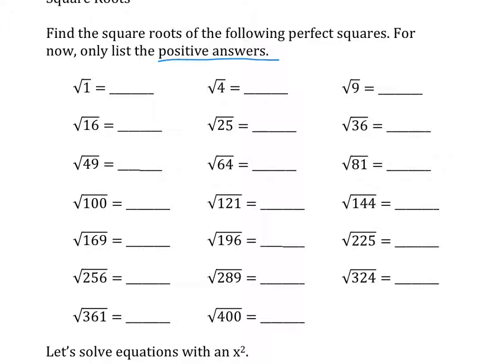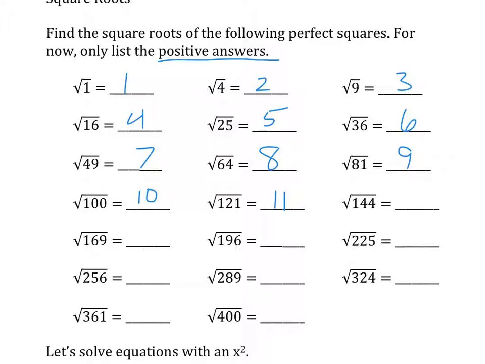Okay, so the square root of 1 is 1, square root of 4, 2, square root of 9, 3, square root of 16, 4, square root of 25, 5, square root of 36, 6, square root of 49, 7, square root of 64, 8, square root of 81, 9, square root of 100, 10, square root of 121, 11,